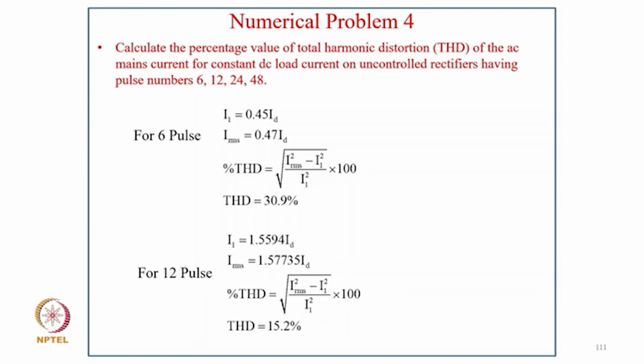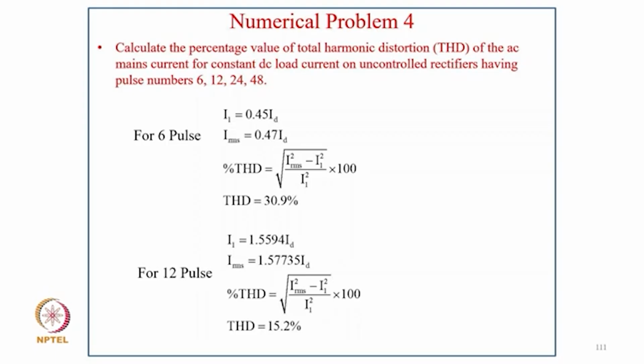DC load current and converters being at 2, 6, 12, 24, 48. So I1 equal to 0.45 Id for 6 pulse and IRMS 0.47 Id. So percent THD is square root of (IRMS square minus I1 square) upon I1 into 100, and THD becomes 30.9, and for 12 pulse converter